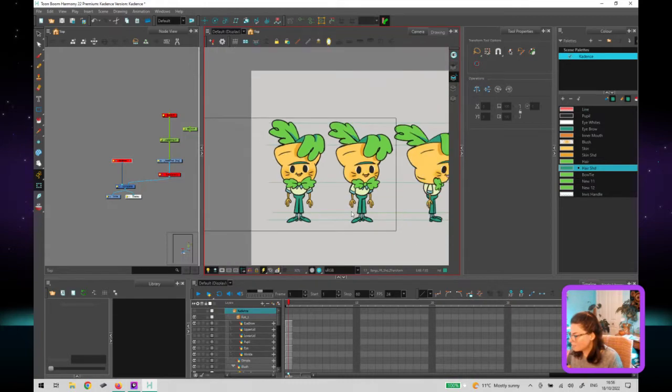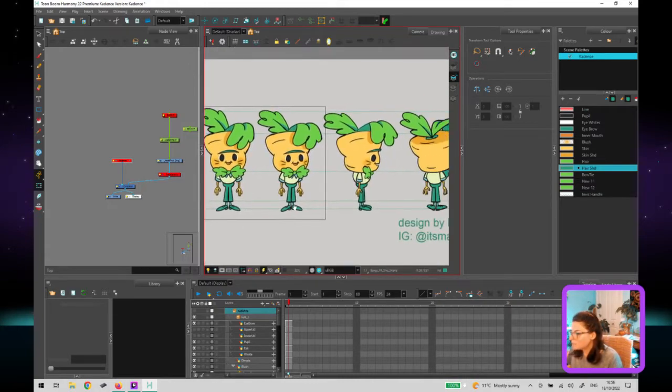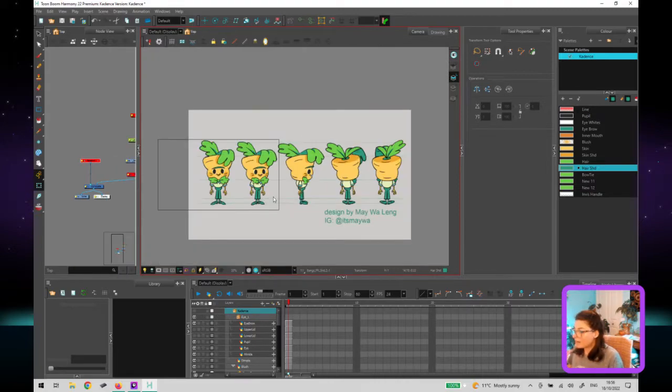So I'm trying to think if there's another example. I think the hair is usually a really good example, and hair is also really important. If you want to talk about what's important, a whole character is important, but there are elements of the rig that will be more important than others. So for any character, the face is really important. Eyes and mouth are probably the most important,